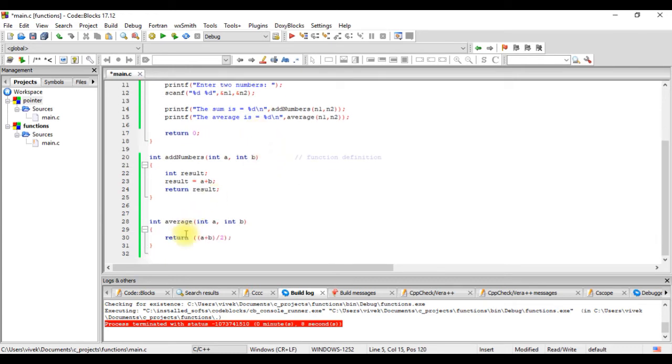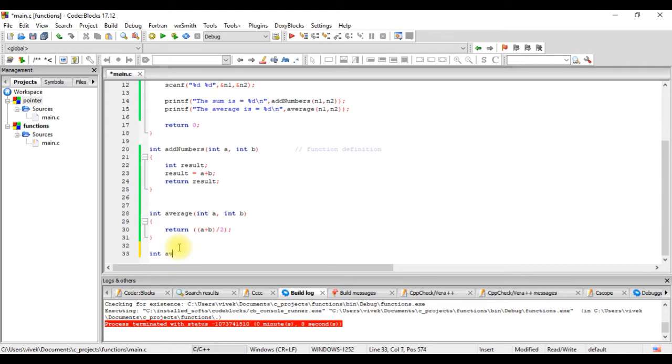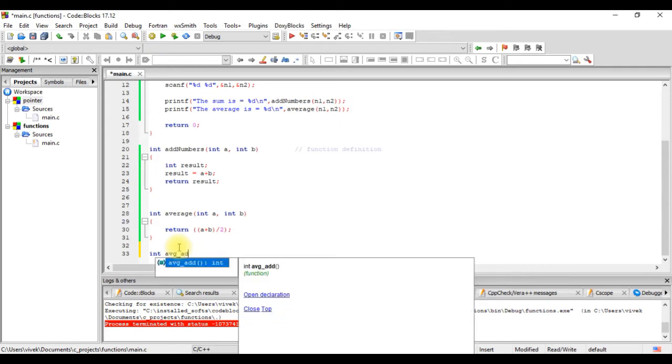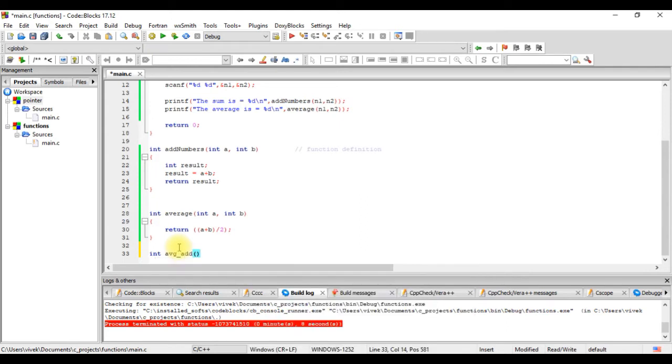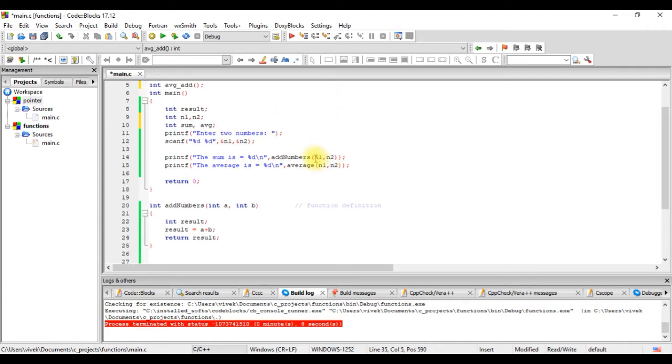Now we also create a function. The return type is int avg underscore add. Now what we want this function to do is to return both the average and the sum of the two values, and the two values are n1 and n2. But right now we don't want to pass n1 and n2, we want to pass the address of n1 and n2.